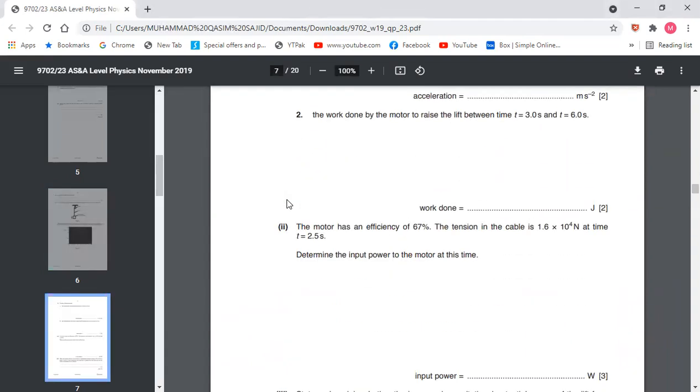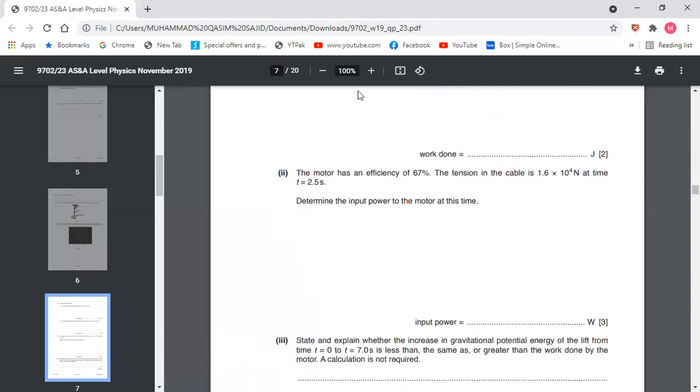So the third, sorry, question part two: the motor has an efficiency of 67%. The tension in the cable is 1.6 into 10 raised power 4 at time t equals 2.5. Determine the input power. So how to find the input power to the motor? The input power, that is IP, equals to